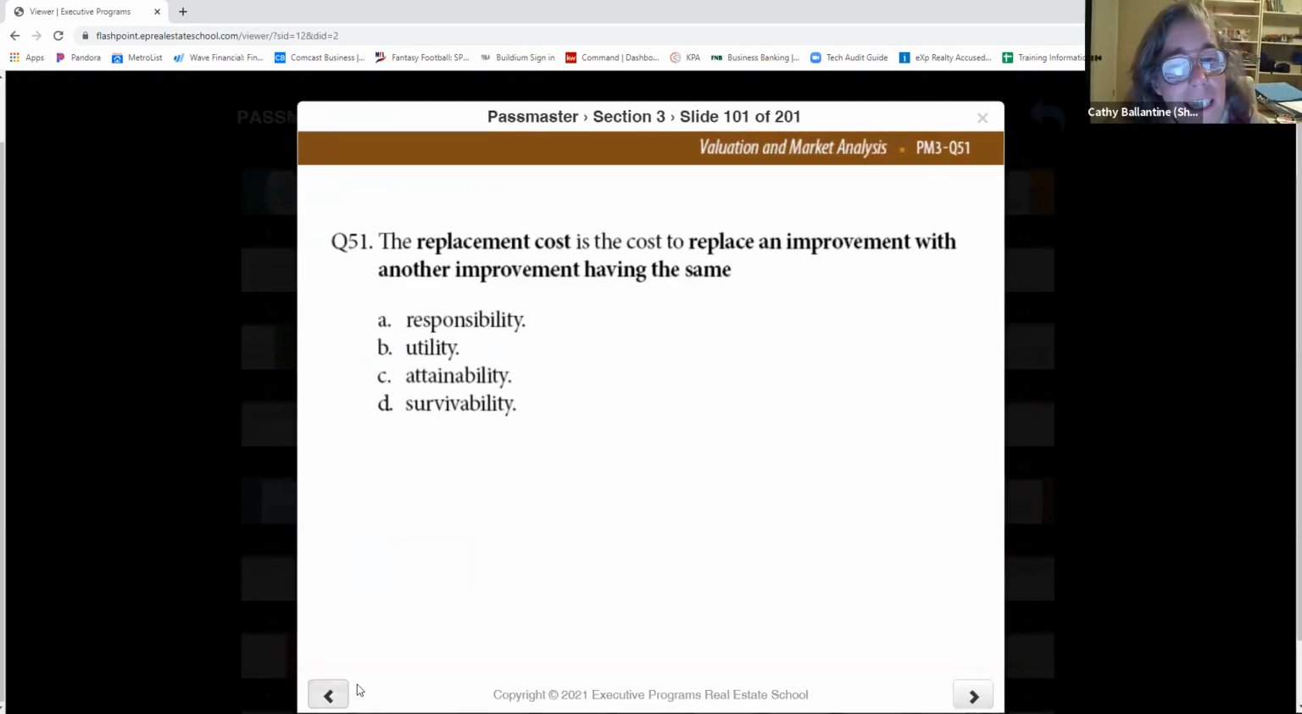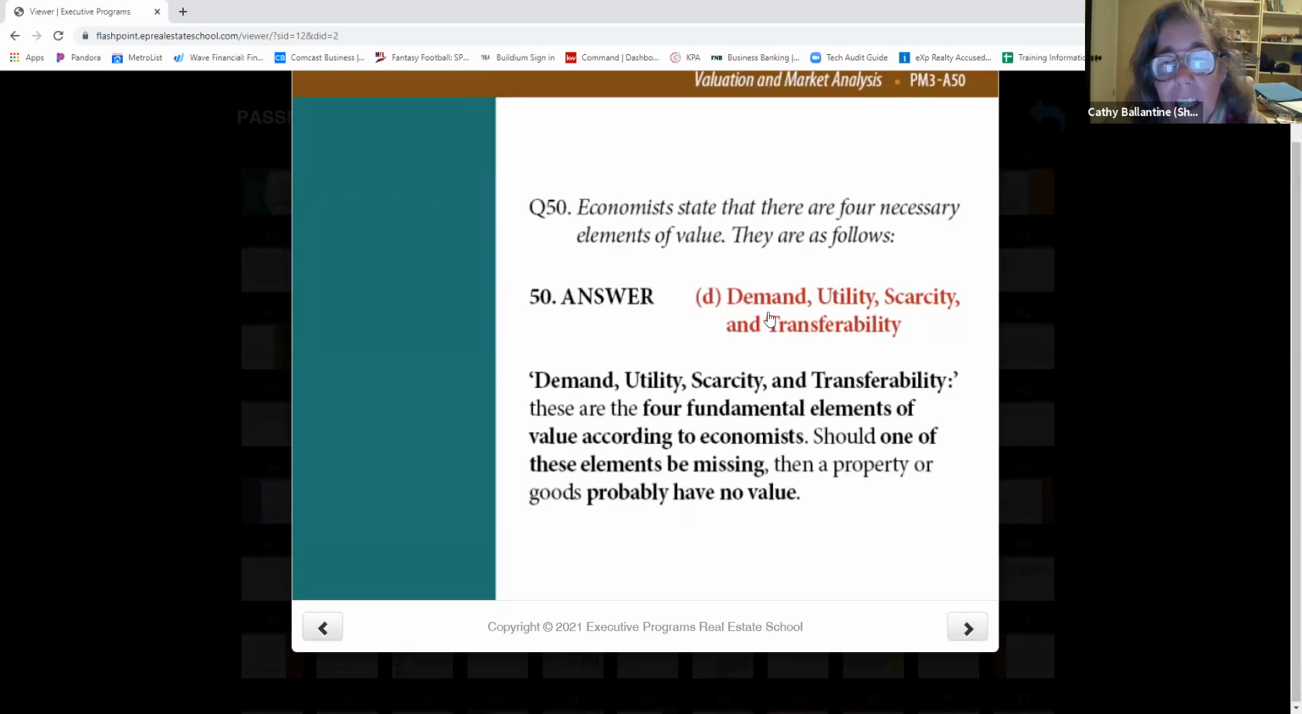Demand, utility. That's why. And trend. That's why real estate is seen as an illiquid asset, because it's hard to transfer. It's not easy to just go cash it in, right? So,